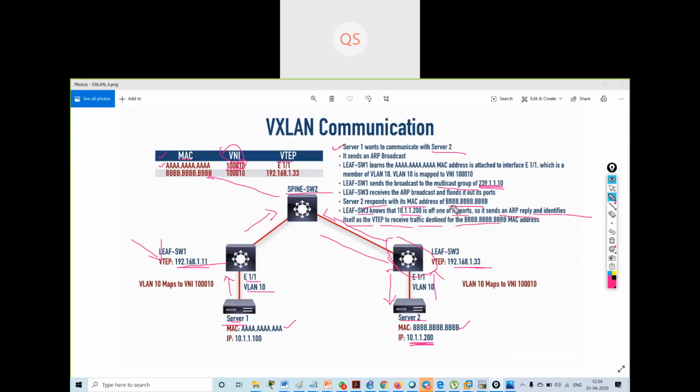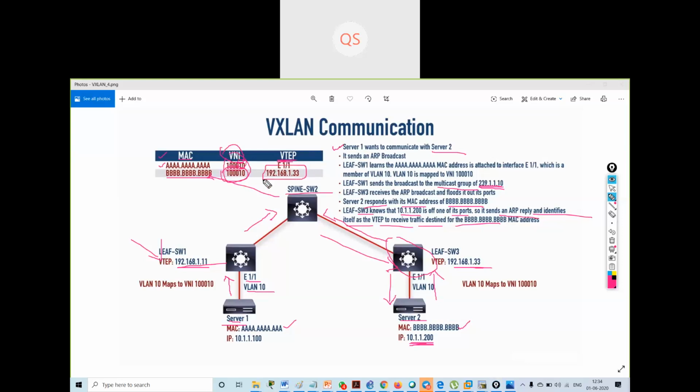What happened now? The spine switch got the information that if any packet is destined for B.B.B.B, then the VNI number is this. The VNI number is the same on both, and the VXLAN tunnel interface, the VTEP interface, is this.